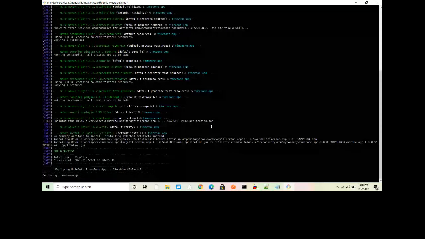So generally deployment takes some time actually. Okay, so let's wait while it's deploying the application. Because deploying doesn't take time, but it's uploading a jar file.